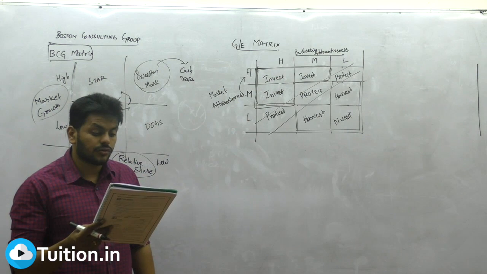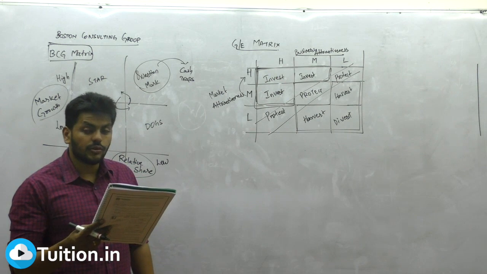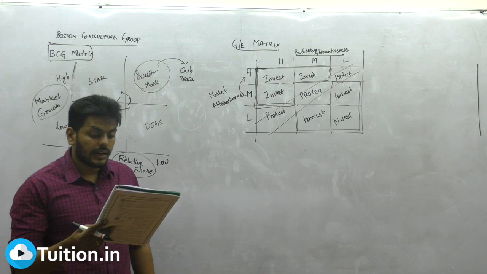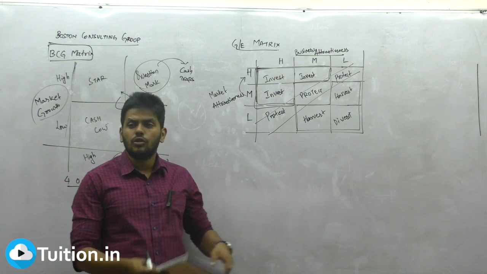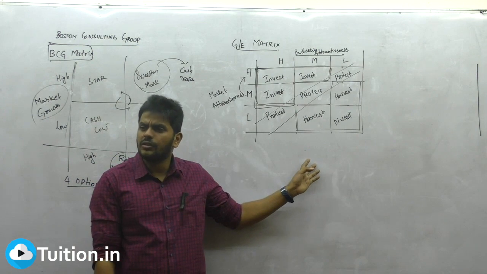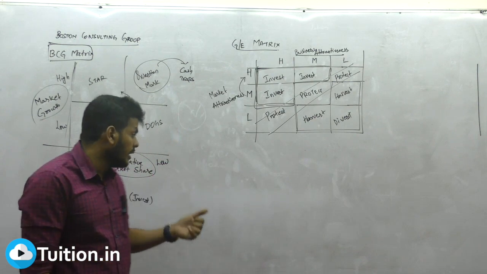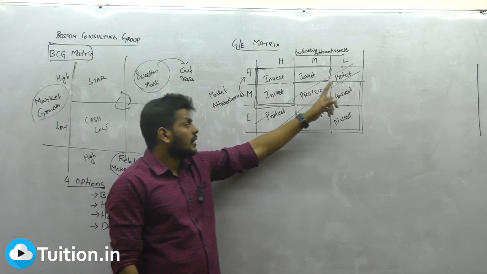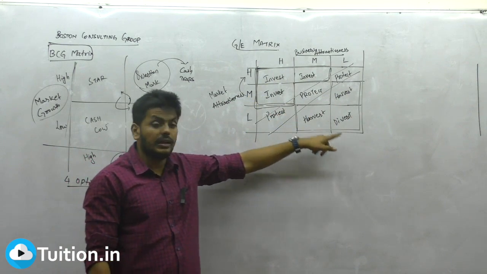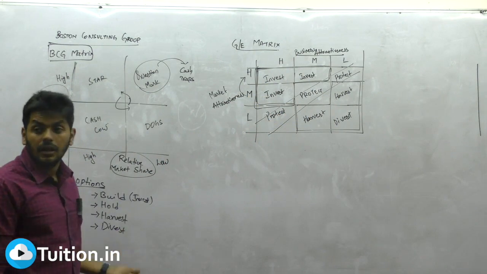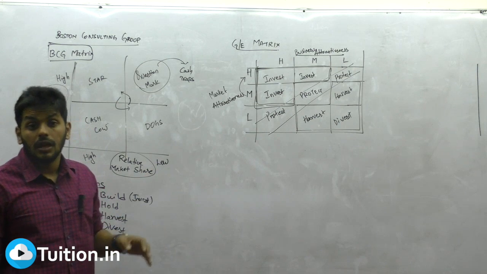This also uses two factors, market attractiveness and business attractiveness, high, medium and low. So don't memorize the matrix by heart. Do you know what we are supposed to do in each of these cases? What are the four options for them? Invest, protect, harvest, divest. No, don't mix up the words. Invest, protect, harvest and divest. Build, hold, harvest and divest. Don't write these in those boxes. Understood? Be very clear about it.